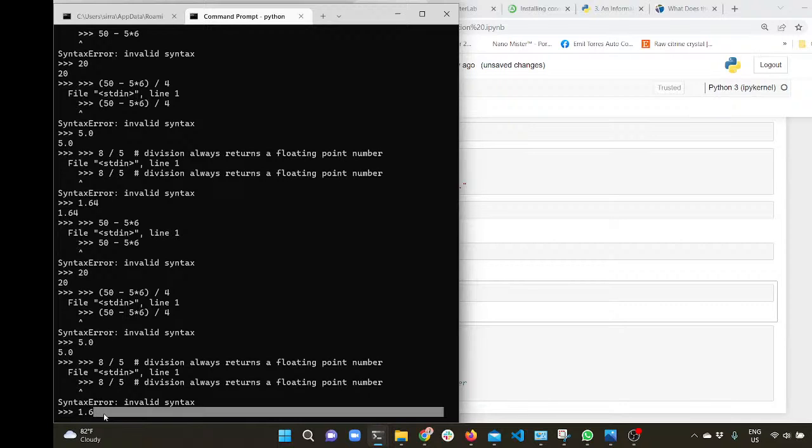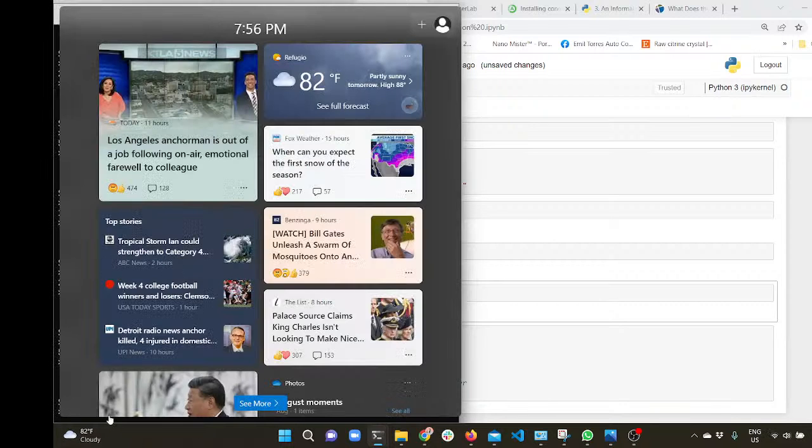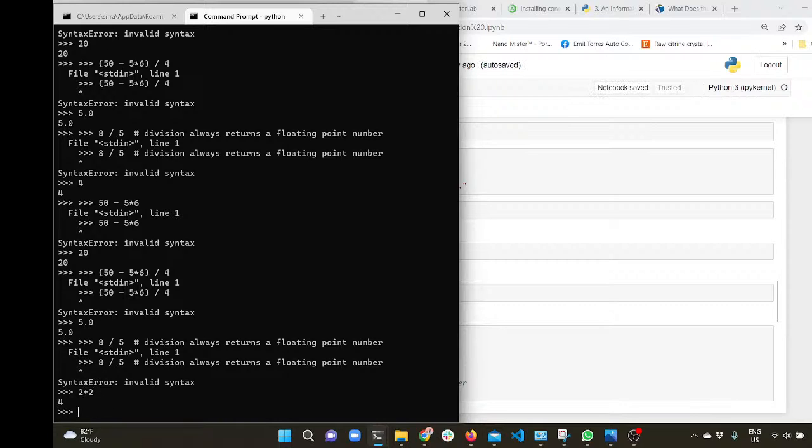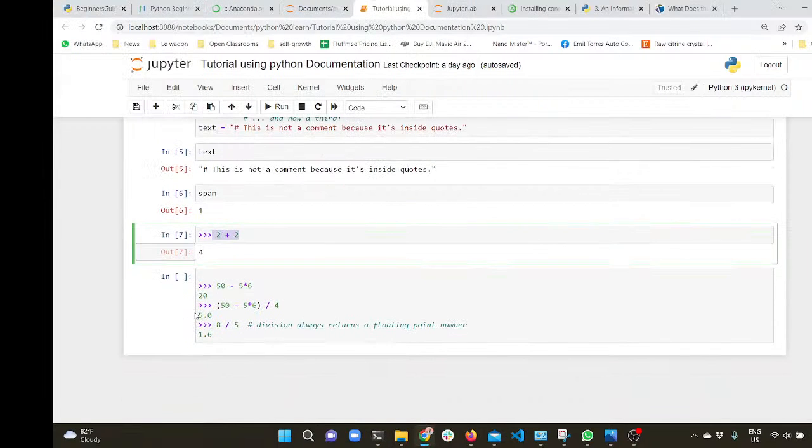Multiple errors. Alright, so what I'll do is I'll have to do it the manual way. So let's say we had 2 plus 2. By simply pressing enter after that, we get the output that is expected. So while we can do all of that neat stuff in the Jupyter Notebook, we will not get away with